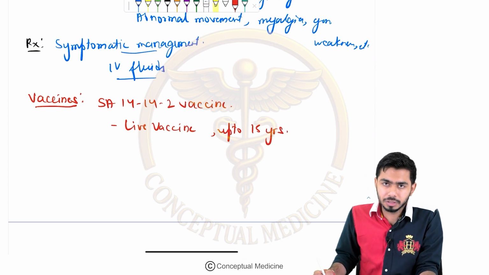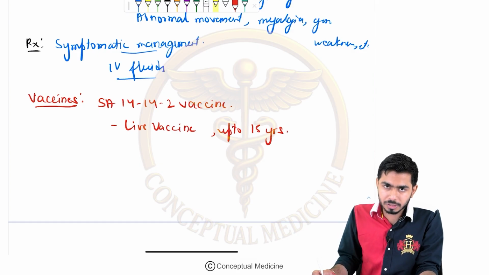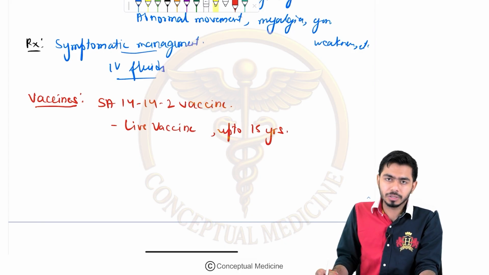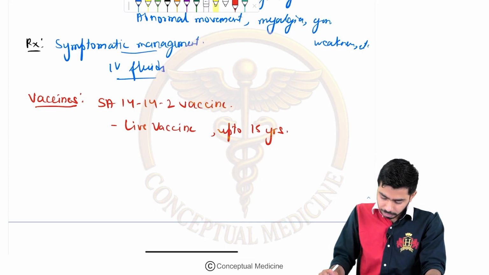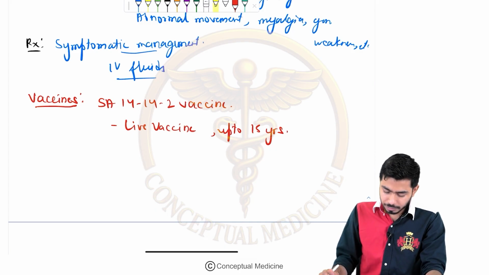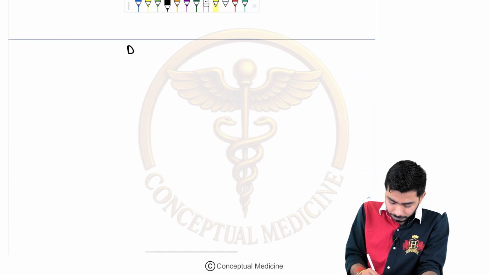And it shall be given in the endemic areas, mainly the Gorakhpur region of UP, which is the endemic area for Japanese encephalitis. So it shall be given in that area to the adults as well. Usually it is given in children, but to the adults as well for prophylaxis purposes, we shall be giving it over there as well, right? So that was about Japanese encephalitis. Now we shall be talking about dengue, guys. We shall be talking about dengue fever.